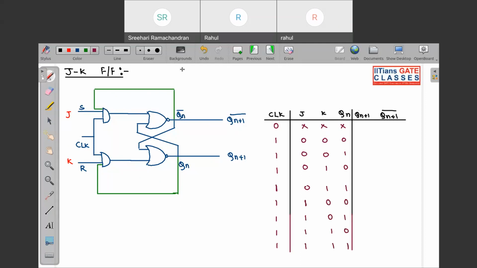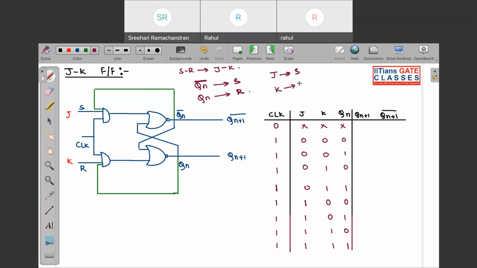If I want to convert SR flip flop to JK, then your complemented present state should be connected to S. You can see over here I have connected to S, and your normal should be connected to R in the SR flip flop circuit. And remember this, JK flip flop is just like SR flip flop, where J corresponds to S and